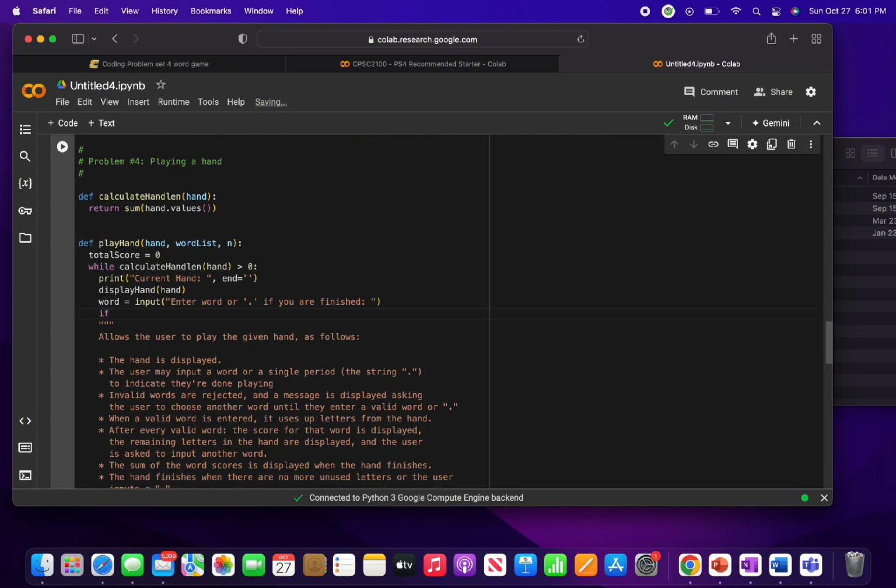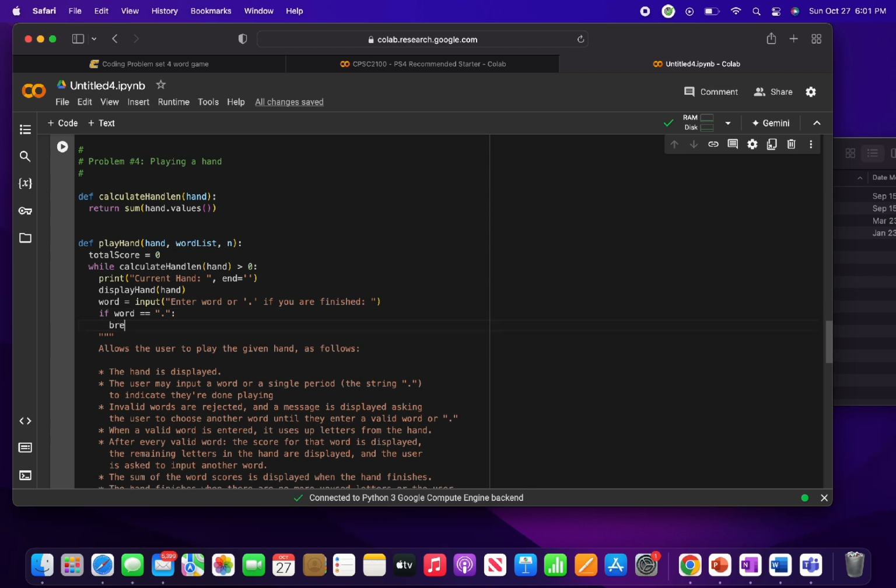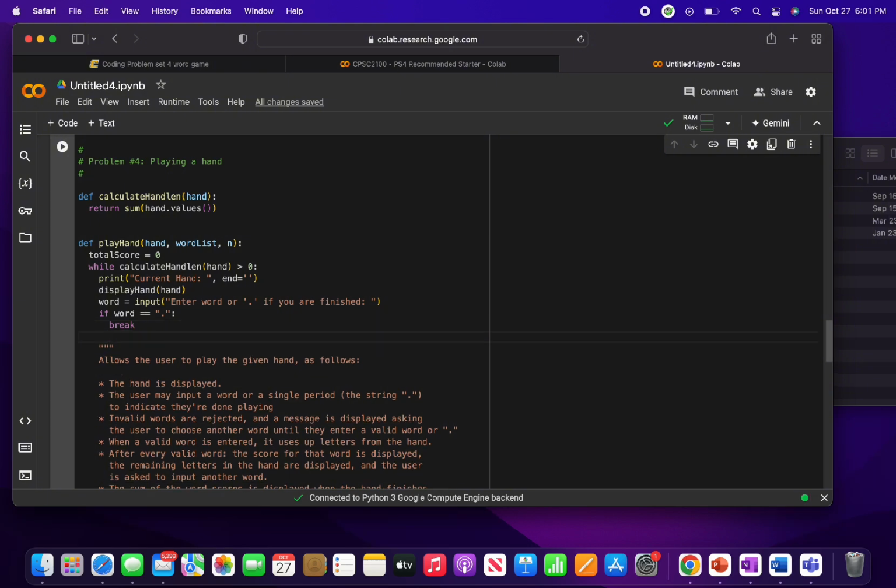And then I create a new if statement. If word is equal to the period, it breaks, so it ends the loop. And then else, if it's not a valid word, so basically it just runs that function, scanning whether or not it's a valid word, and then prints invalid word or invalid entry, whatever I put it down as, and then an else statement, and it